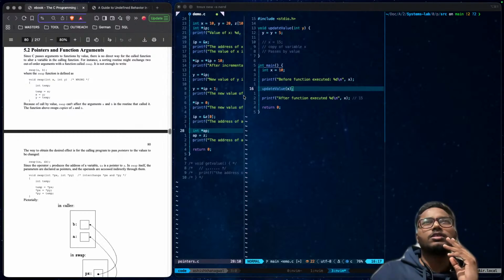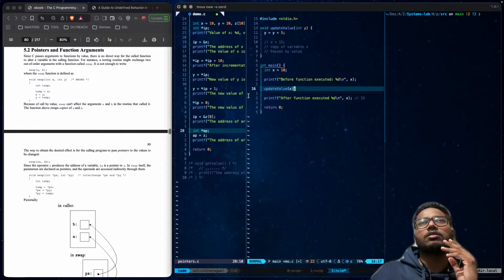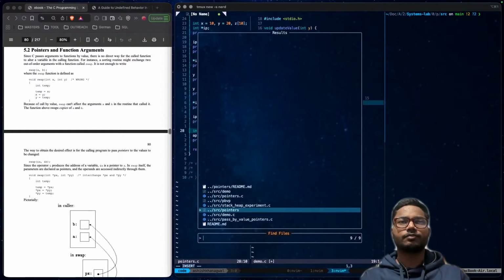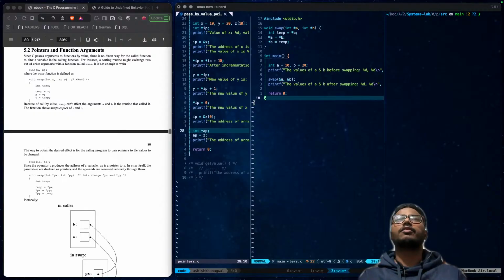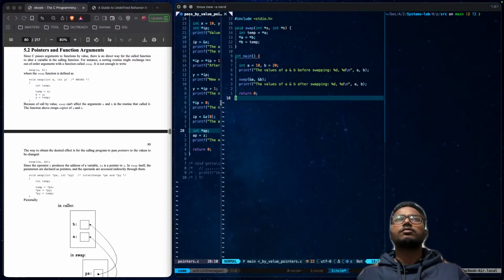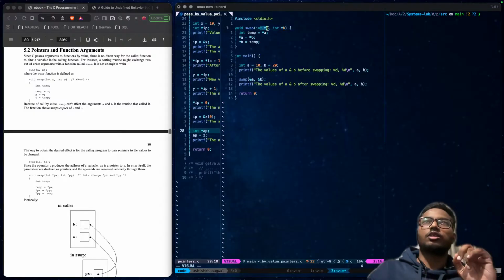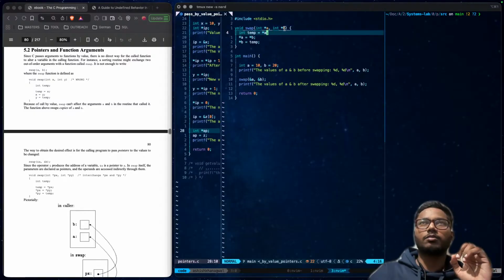Okay, let's see this example. This is the whole example. Here, what are we actually doing? Here we are passing &a and &b.